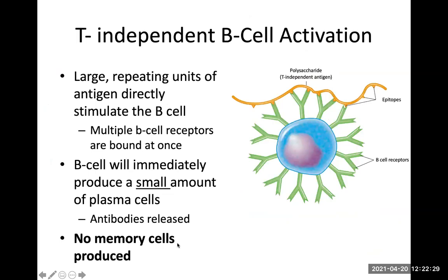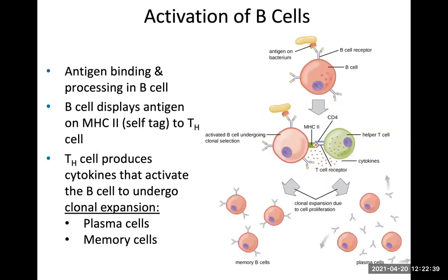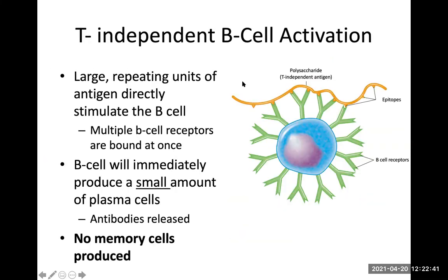Now, there are situations where a B cell can secrete some antibodies without that full process. And this is only in the case of large repeating units of antigen, which are typically polysaccharides, such as LPS. It basically binds to several of the receptors on the B cell, and the B cell says, whoa, we have